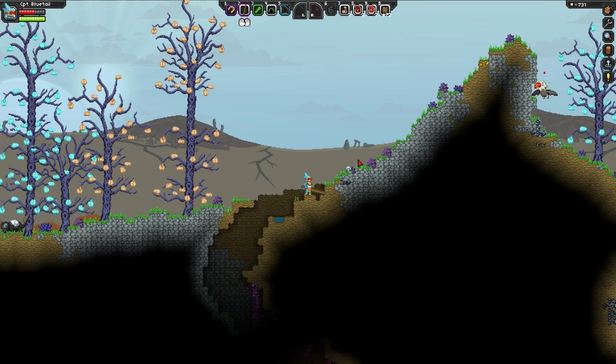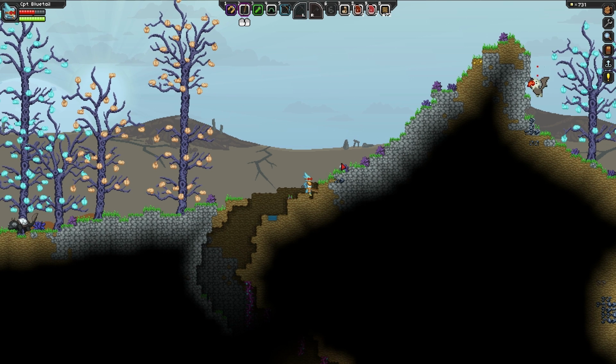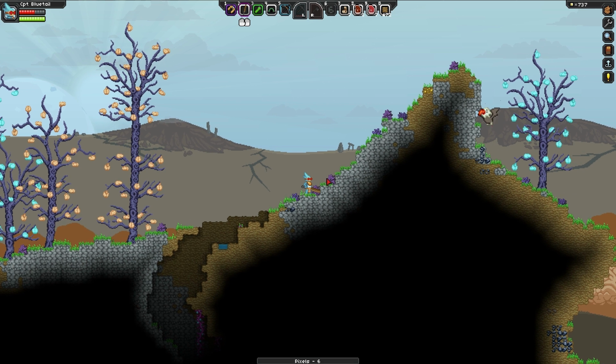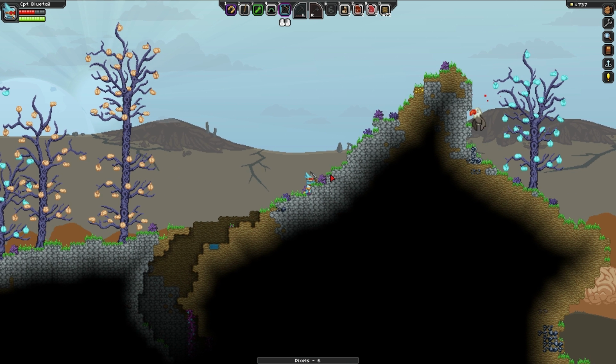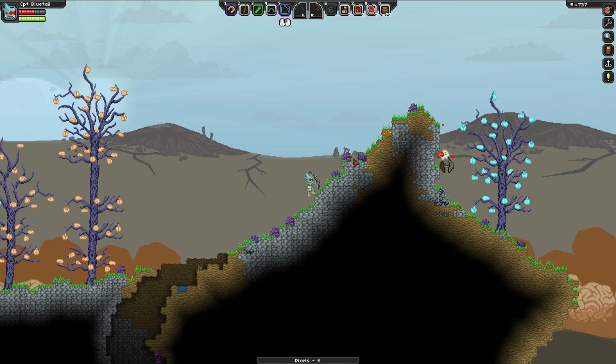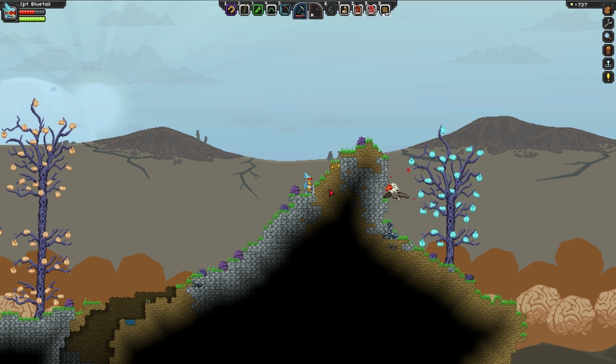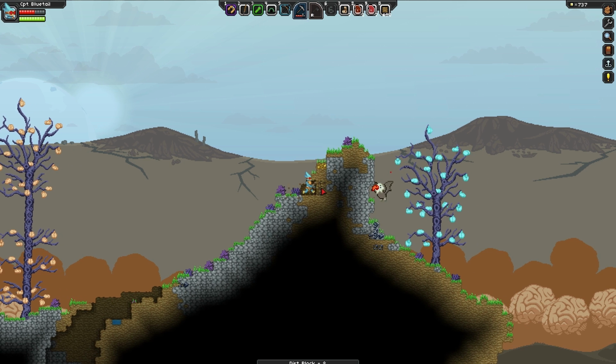Well, it looks like we came across another boss. You can see the bird flying there. He's got the red kind of sparkles coming off of him. So we're going to figure out how to deal with this guy. I'd love to use the bow on him, but that's pretty much going to require us to get right on top of him. Now, what I could try and do is perhaps dig to him, dig a hole that we